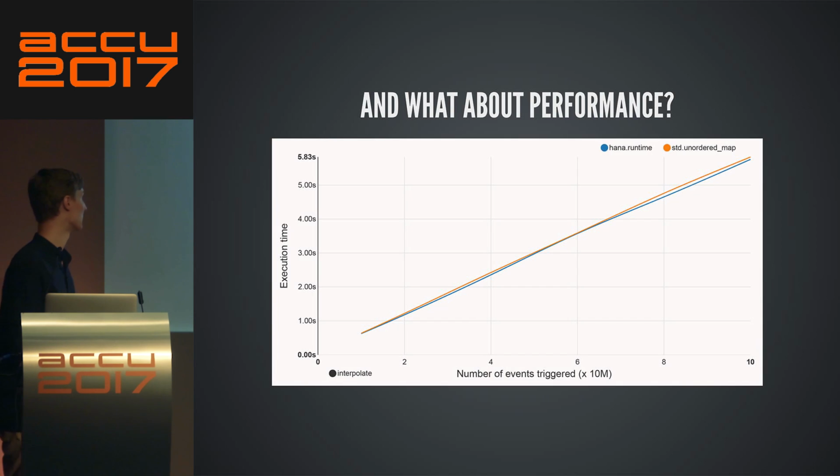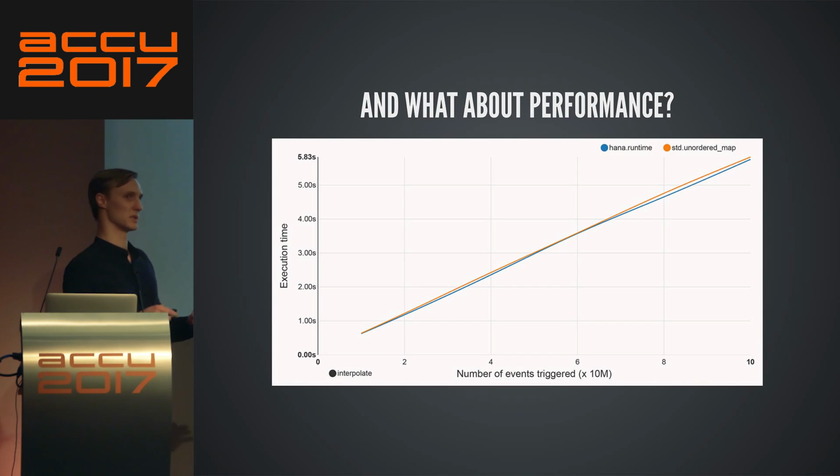And what about performance with this? So the idea is, is it going to be much, much worse? Well, it doesn't seem to be much worse. So Hana seems to be outperformed slightly for a large number of events. What you could do to avoid that is always update the two maps and not store a pointer, so you would avoid one pointer chase, if that makes any difference. Also, you could just rerun these benchmarks for yourself, and maybe it would change. I don't even know whether that's noise at this point.